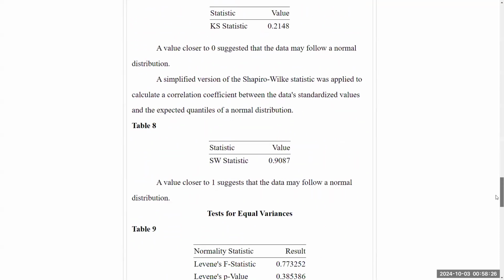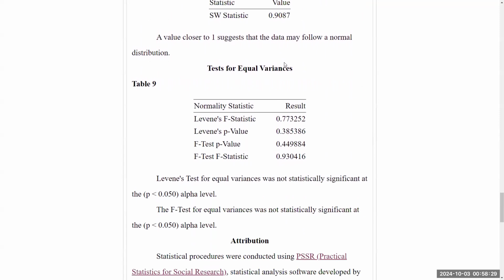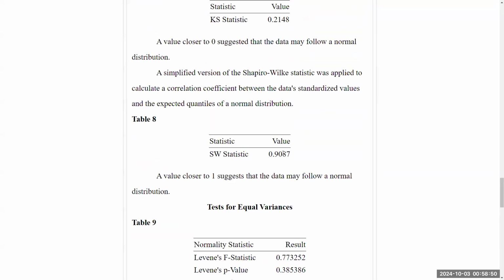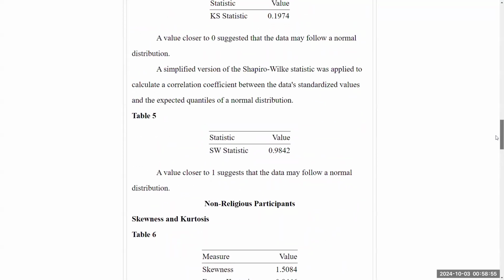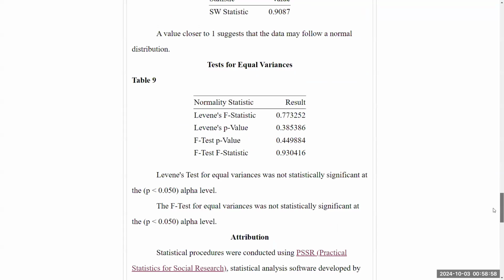Now, the software will also run a test for equal variance, and there are several tests that can be run. In our case, we run Levene's F statistic and the F test, and we actually get a probability value, a p-value, for Levene's test and a general F test. Now, what's interesting is even though the two normality tests and the skewness and kurtosis seem to indicate that possibly the sample is close to a normal distribution,